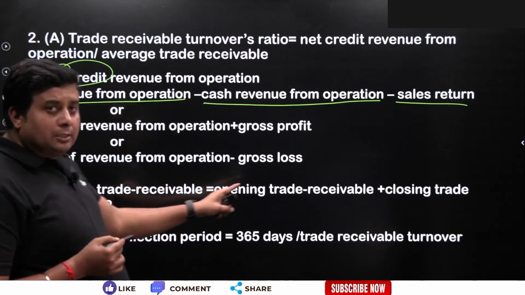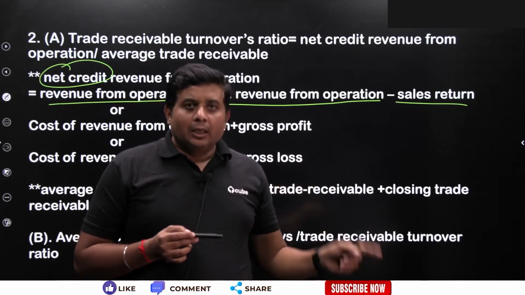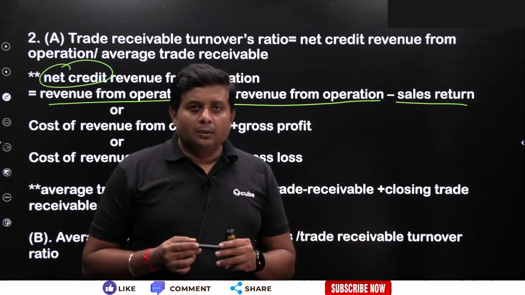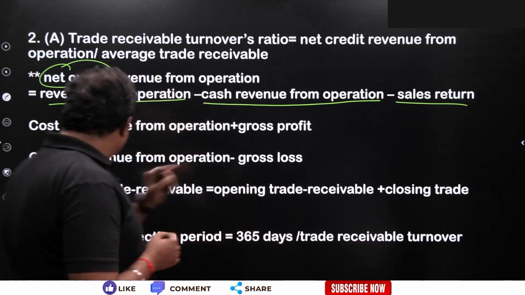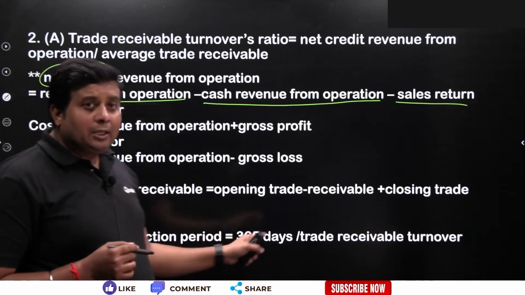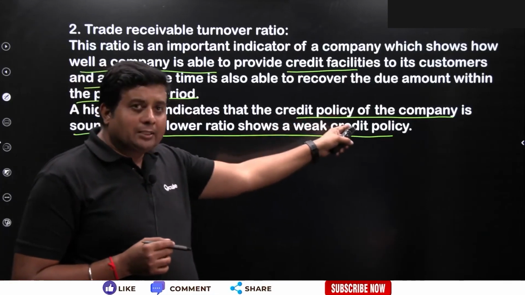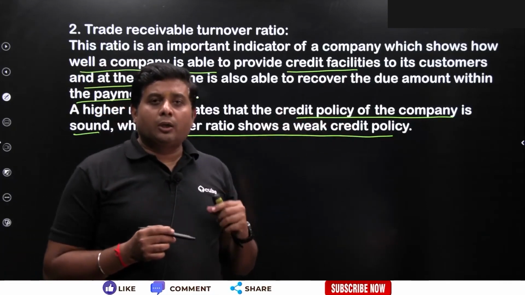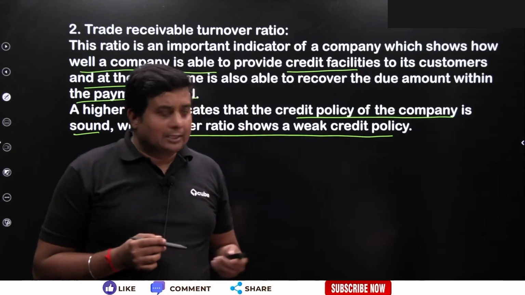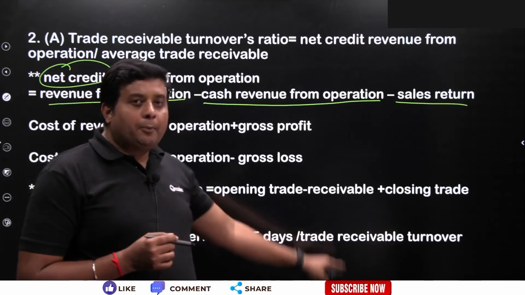Now average trade receivable means opening trade receivable plus closing trade receivable divided by 2. Opening trade receivable means opening debtors plus opening bills receivable, प्लस क्लोजिंग डेटर्स प्लस क्लोजिंग बिल्स रिसीवेबल डिवाइड बाय 2, राइट। तो वो आपका ये एवरेज आ जाएगा। एवरेज कलेक्शन पीरियड, इसमें हमें डिसाइड करना पड़ता है कि व्हाट इज द कलेक्शन पीरियड। यहां हम बात कर रहे थे पिछले स्लाइड में, देखो क्रेडिट पॉलिसी की बात कर रहे हैं, तो बेसिकली इट इज वी आर टॉकिंग अबाउट द कलेक्शन पीरियड। इसी से हम क्रेडिट पॉलिसी बनाते हैं।